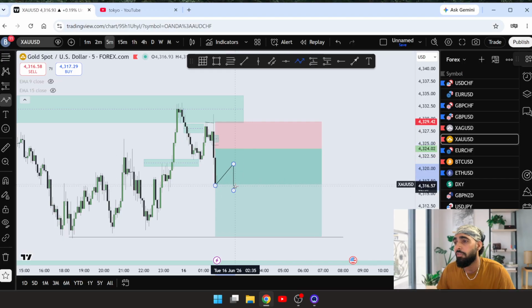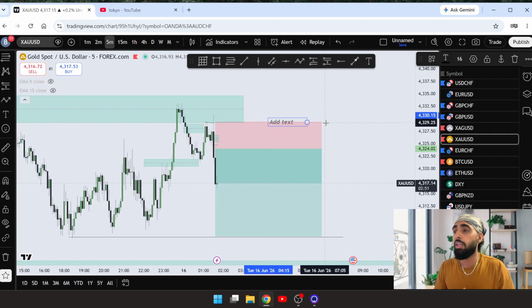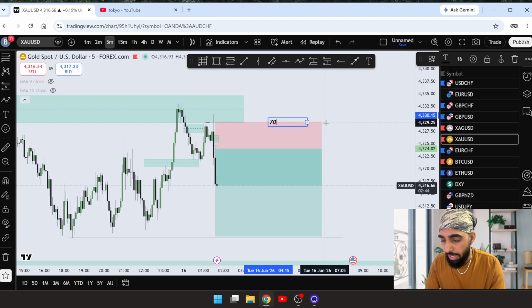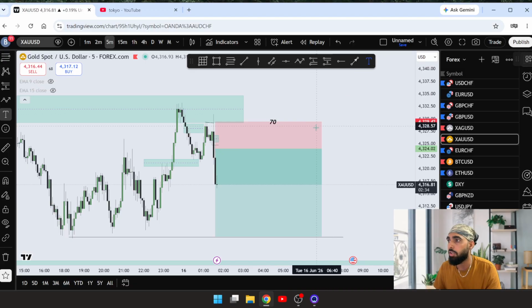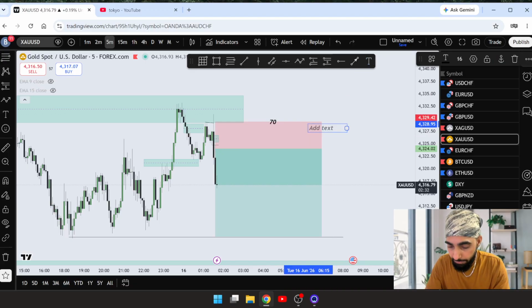I don't know if it's gonna be a win or loss because nothing is 100%, guys. This game is a probability game, and the winning chance on this trade is just 70%, I would say, because it's actually a draw on liquidity. So I'll say this is 70%. This is not a plus setup. I can say it's a good setup, but it's not a plus setup. So let's just say this is a B setup, okay? This is not an A plus setup.